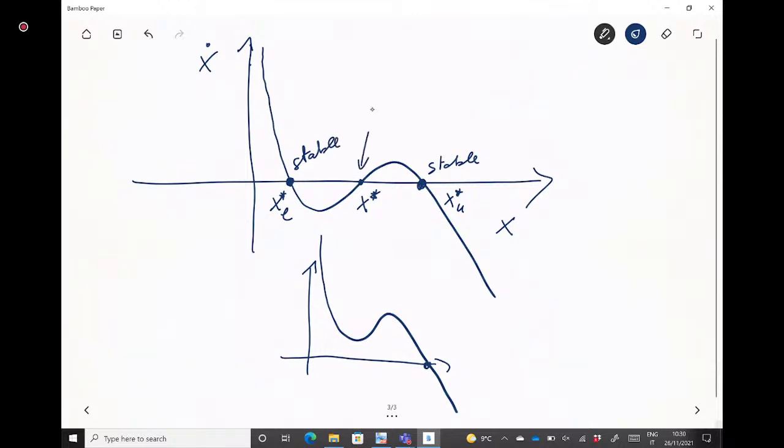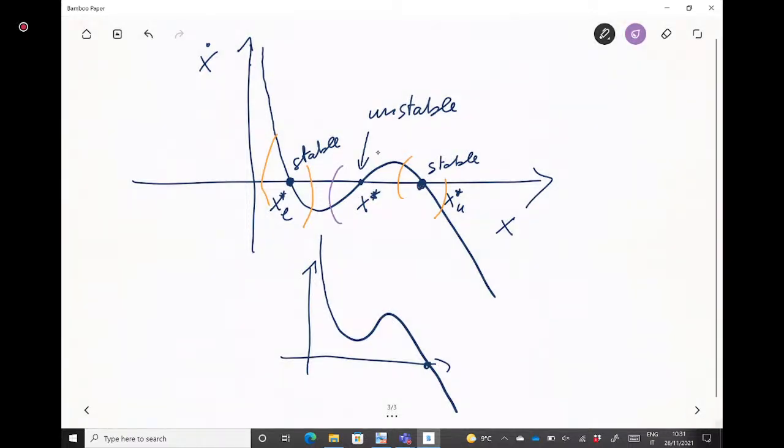This one is unstable. Why? What is the intuition? This is non-monotonic, but if I take a sufficiently small region around the steady state, in this region, it is monotonically decreasing, okay? And also this one, if I take a small region, here it is monotonically decreasing, close to this steady state. But this one